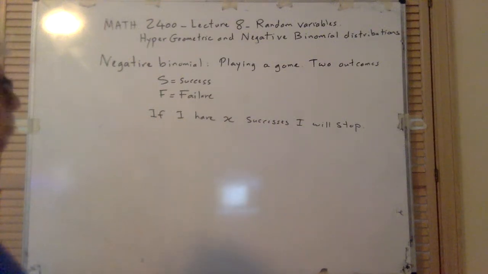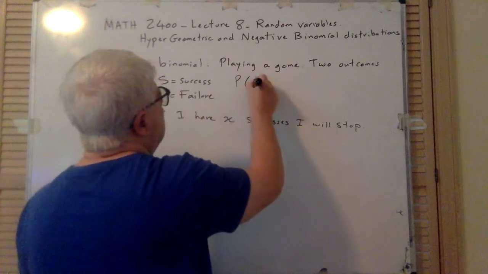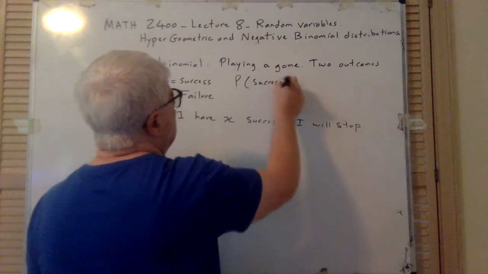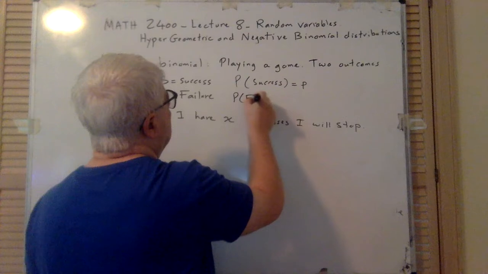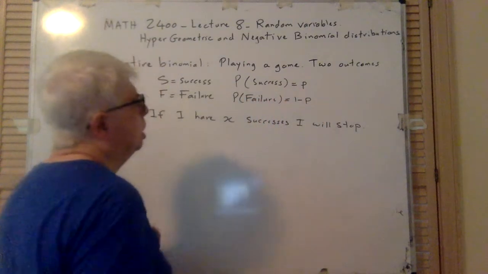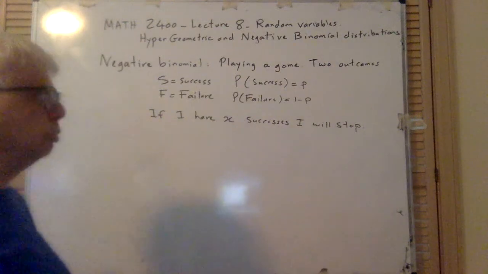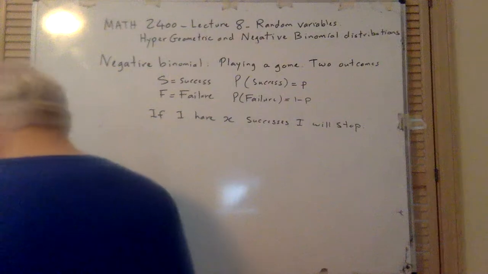Okay, so let's say the probability of success is P, and then the other one will be 1 minus P, right? So this looks like binomial, that's why it is called binomial. So, okay, so now